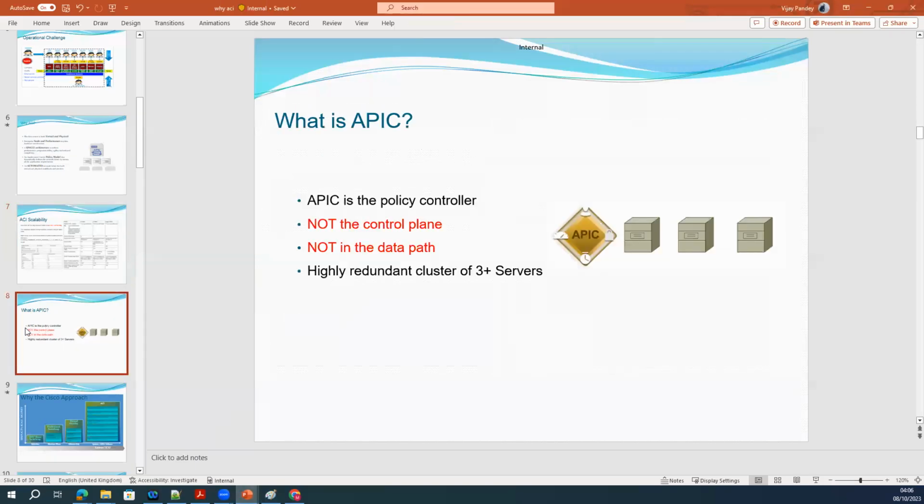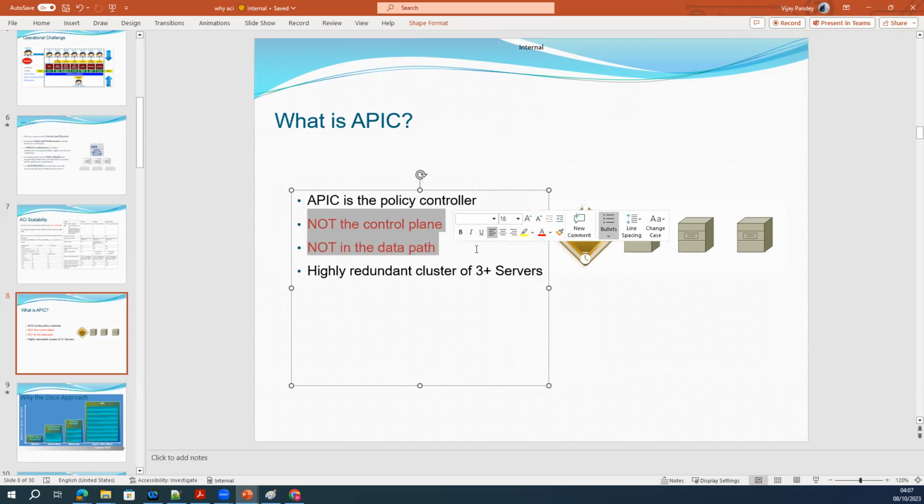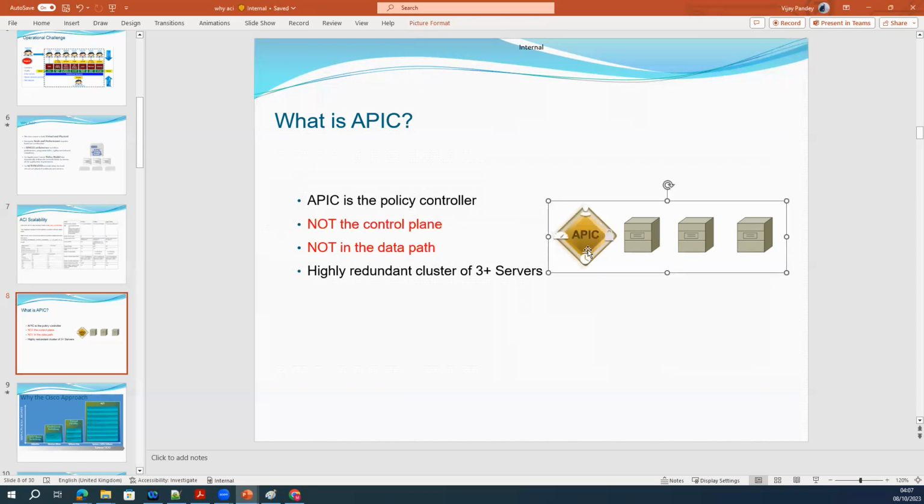So what is the APIC here? We have talked a lot about the APIC. APIC is just a policy controller. It's not the control plane. It's not a data plane. So APIC does not have any sort of traffic in its plane. It's just a server which you bring while configuring the ACI, and through that server you can install the image.